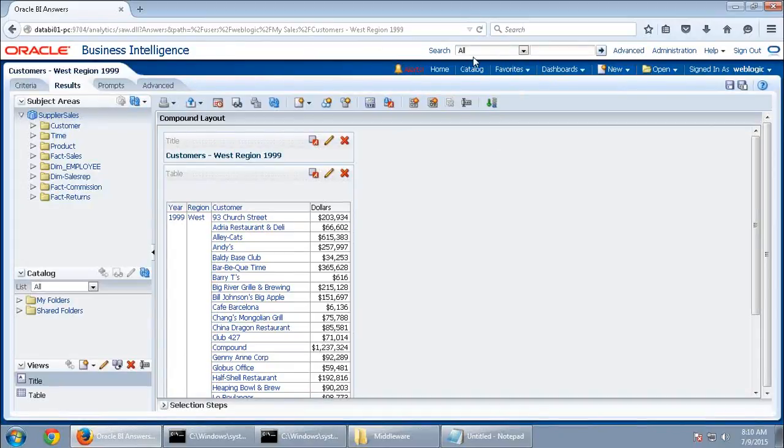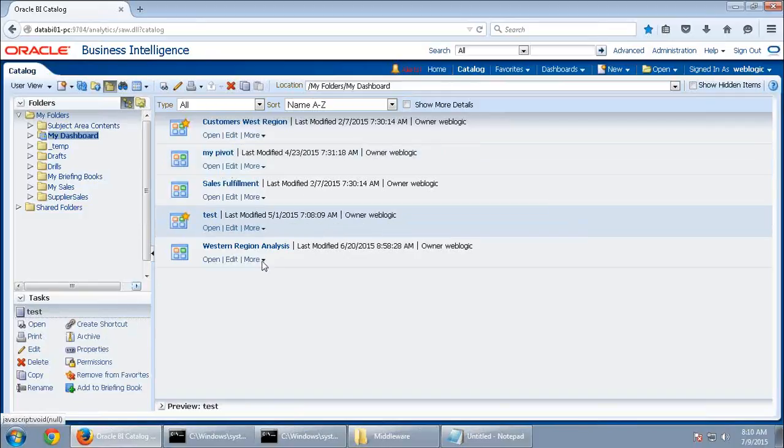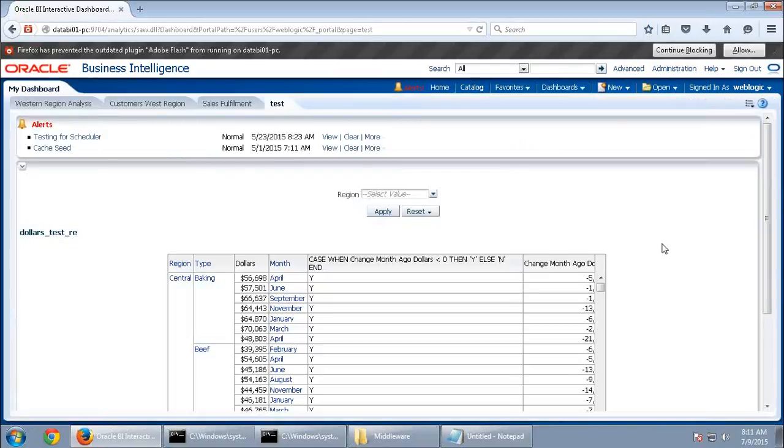Yeah, dashboard page, dashboard prompt, report, analysis, anything. The way to add is add to favorites. Select that. Suppose say you want test page. So give add to favorites. That's it. This will be added. Look into favorites, and you can see my dashboard test page is present under favorites. So this is how your test page is present.